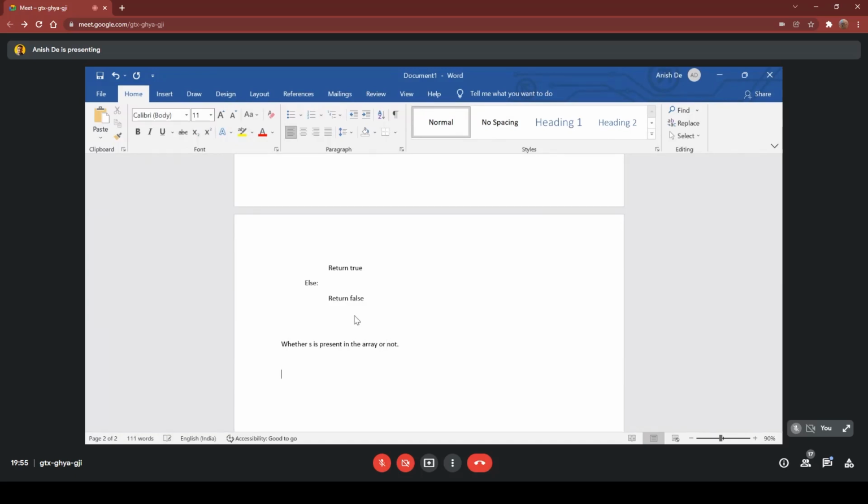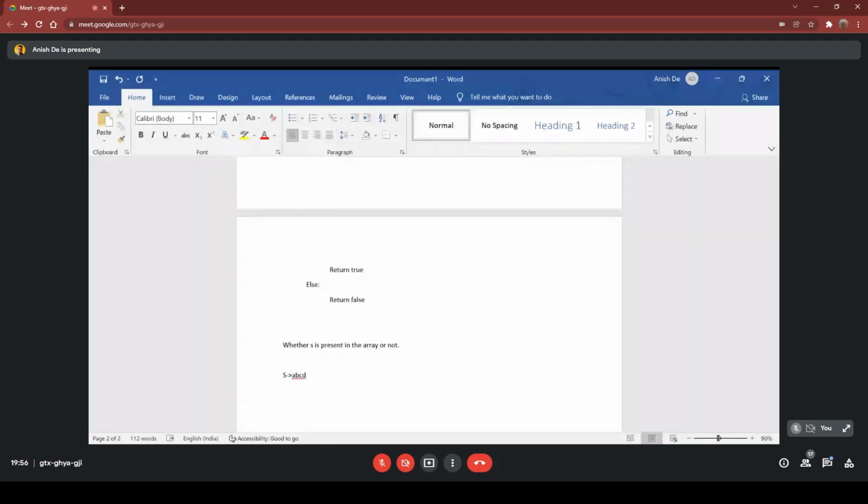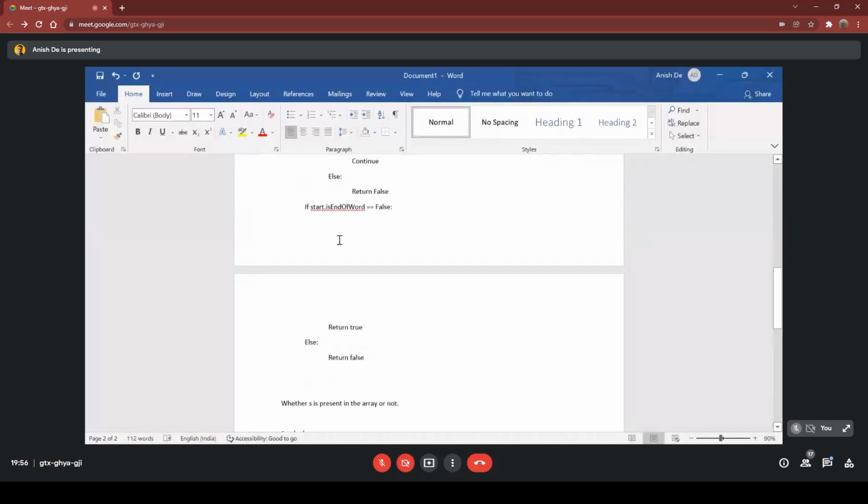If the string given to us is ABCD, then to check whether S is present in the array, we have to check whether there is a word ending at this character, whether there is a word ending with D. That's what I am checking. Sorry, this should be true. I forgot to change this.